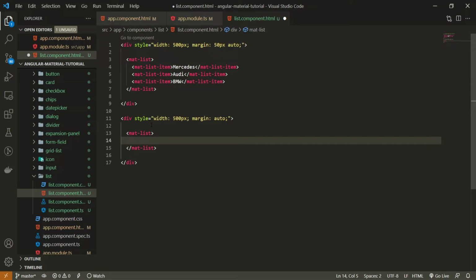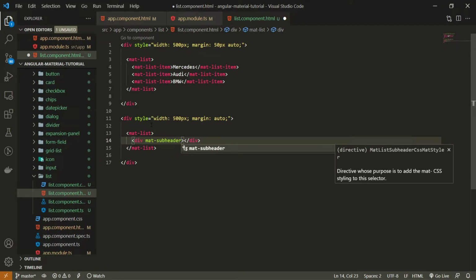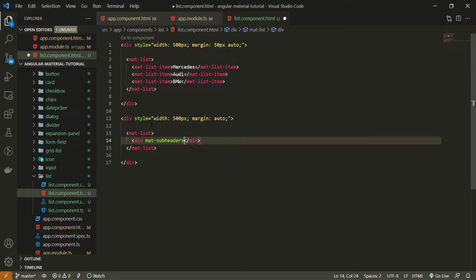list items. First of all, I'm able to set the subheader for my list. To do that, you can simply create a div and pass the attribute of mat subheader. You don't need to pass anything to this subheader, it can just be like this on your element. And here you can pass just the text for this subheader. I will use folders as a text, because my list will hold different folders that I, for example, have for